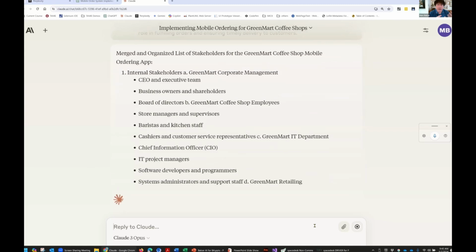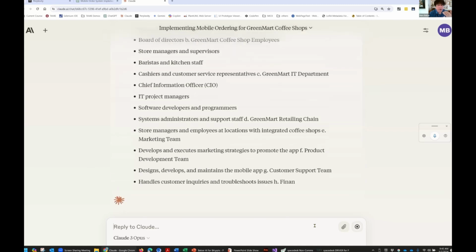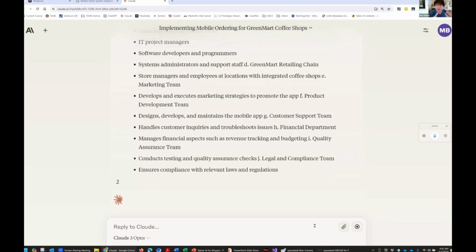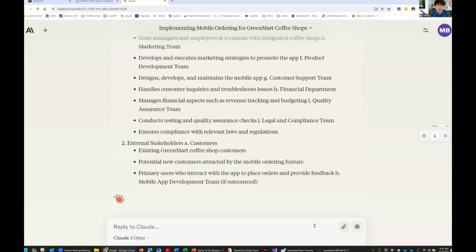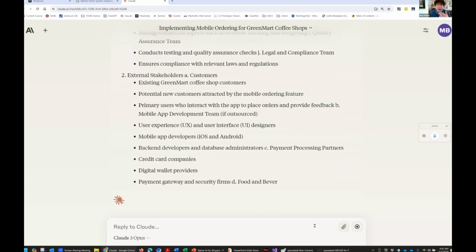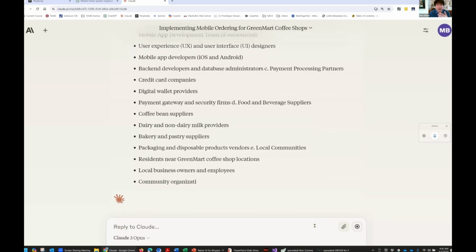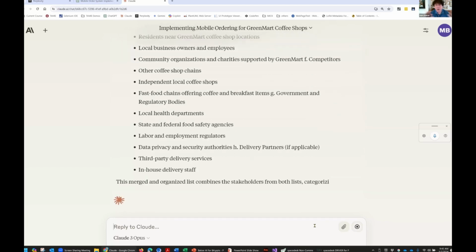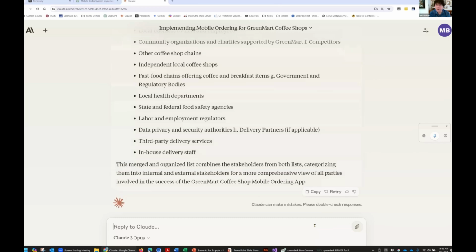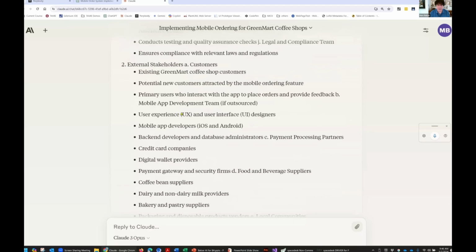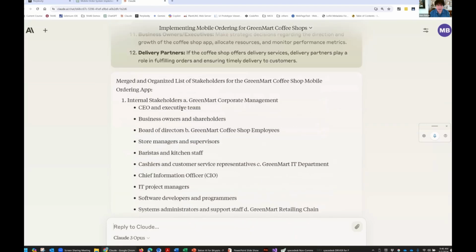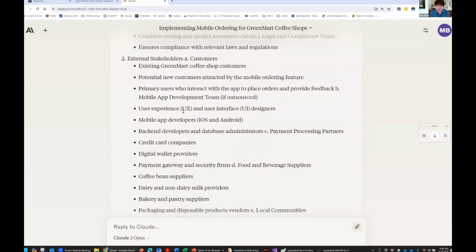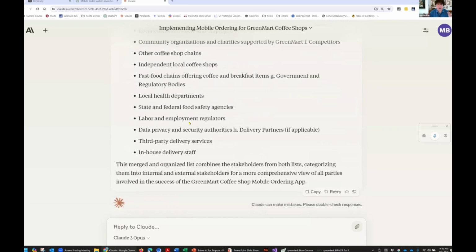Now, you could have gotten the lists from different agents. You could have had, as we do in one of the classes, you do your own brainstorming, then you ask the agent, and then you merge the results of your own brainstorming with what is produced by the agent. And so now we have a complete merged list.